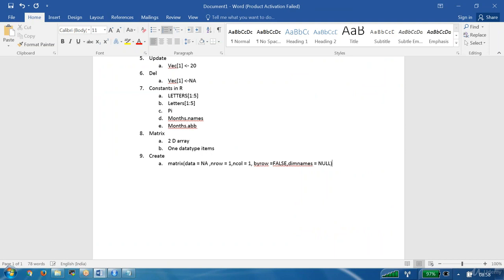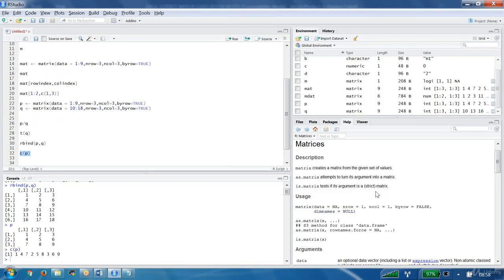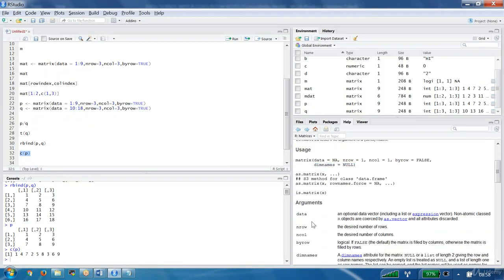So any syntax we have to understand very confidently. That is possible by using the help document. If you forget any syntax, nothing to worry. Immediately you can type help of matrix, and you will get the syntax at the bottom. Even more information is there. What do you mean by data? What do you mean by nrow? What do you mean by ncol? Is the explanation available or not?